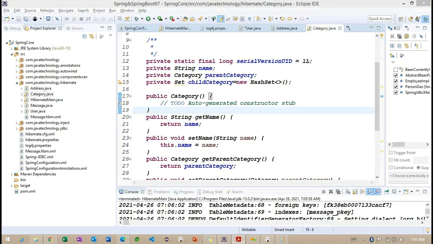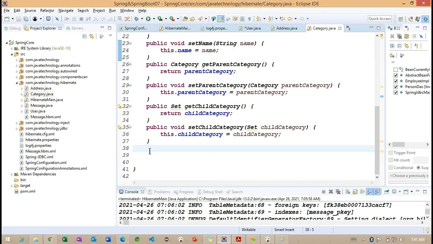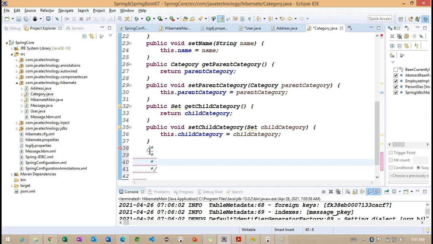So if you observe what we are going to do, basically to understand this association here, what is the simple logic we are going to specify? Here we will try to create an object. So how are we trying to create an object here? Category, this category is nothing but parent category equals new. Now what I am doing is I am trying to create one parent category. Later, one more object I want to create.